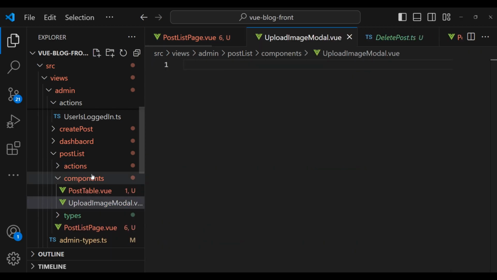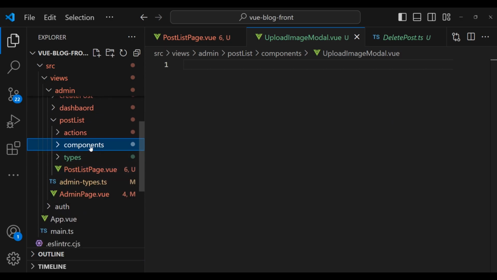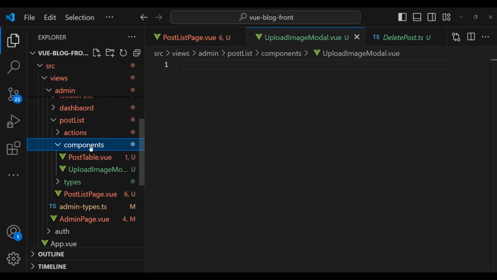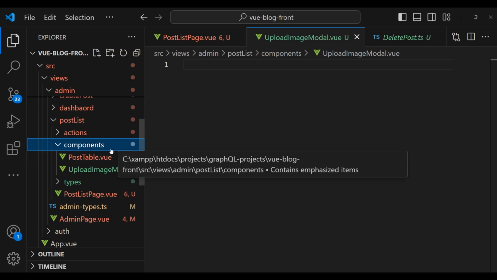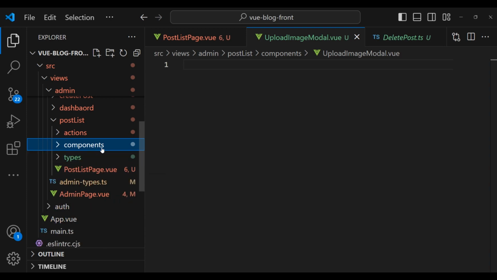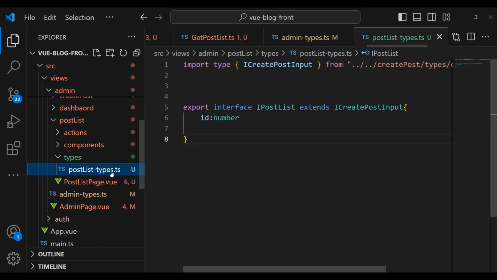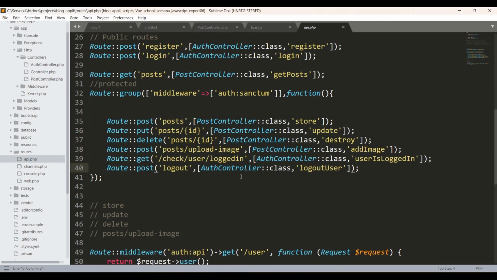Yeah, this is how we should arrange our folders. You can see here, you just add another component within the post list component folder. And if we want to add other types, we should add them within the post-list-types.ts file. All right, guys, now let's work on the